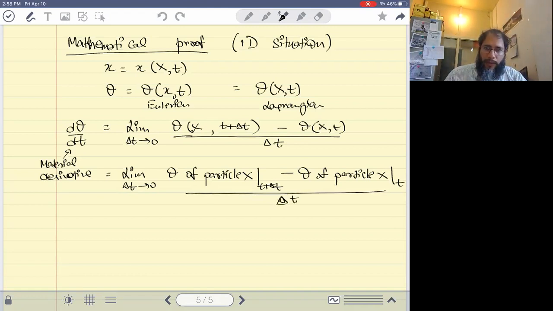So that's theta of particle X at time t plus delta t minus theta of particle X at time t, divided by delta t, in the limit that delta t goes to 0. Now this is a very important step. So theta of particle capital X at t plus delta t is nothing but theta of a spatial point small x plus delta x